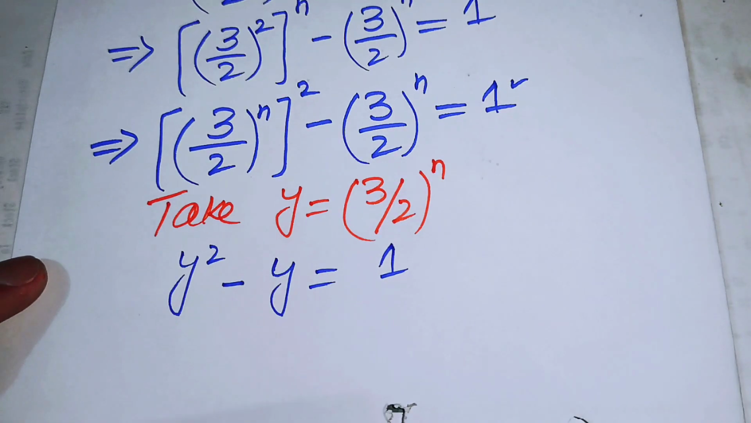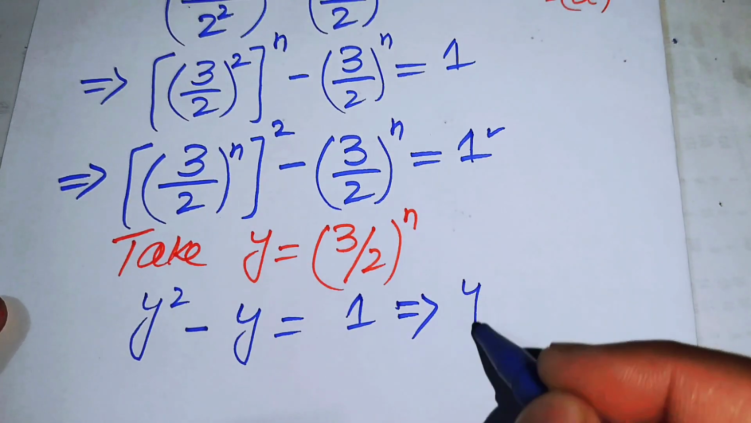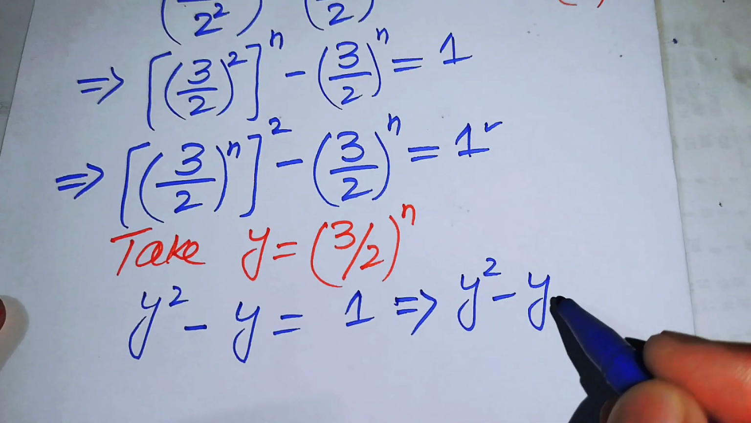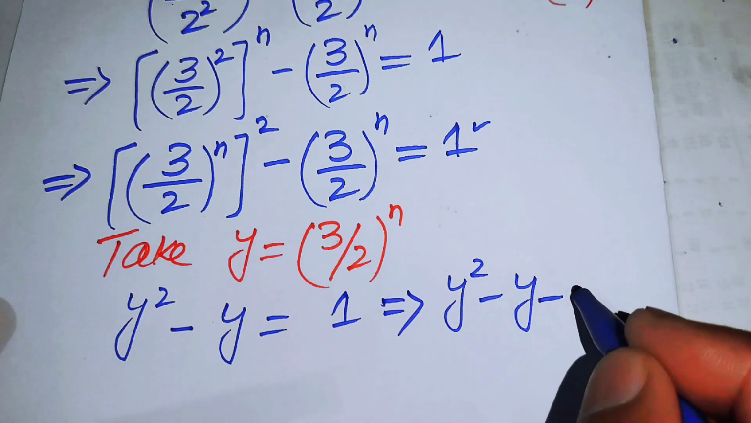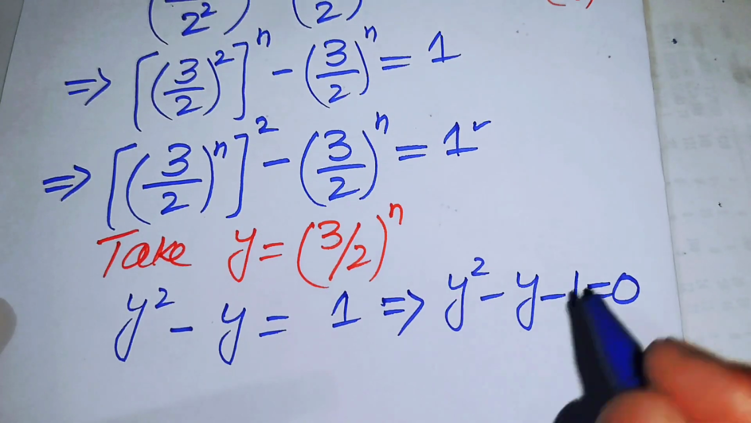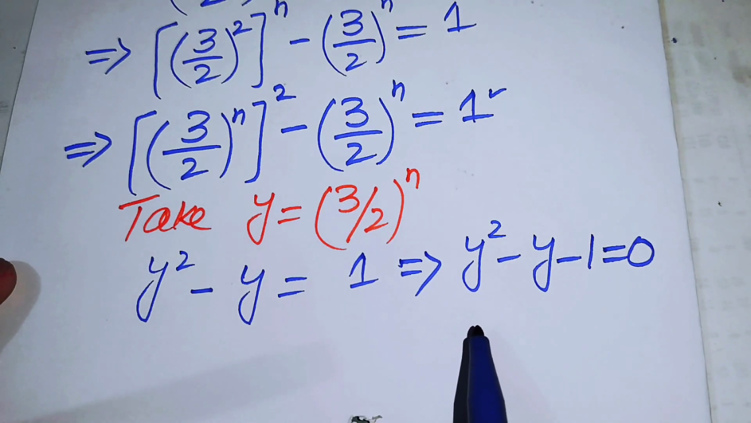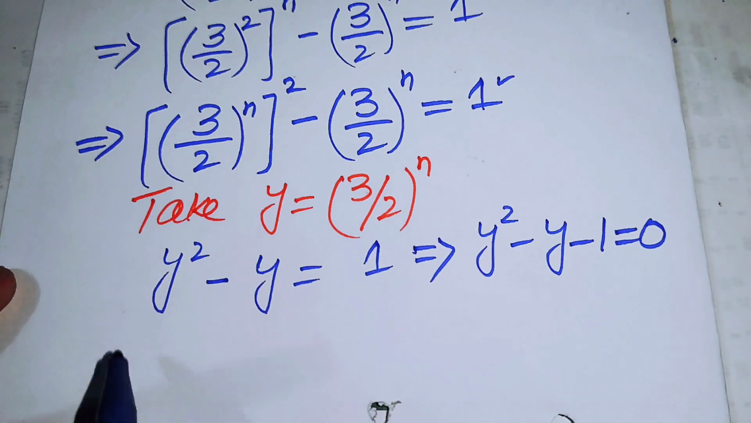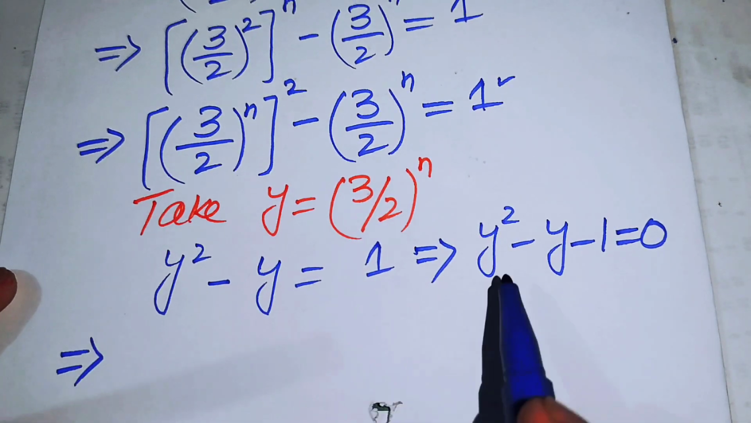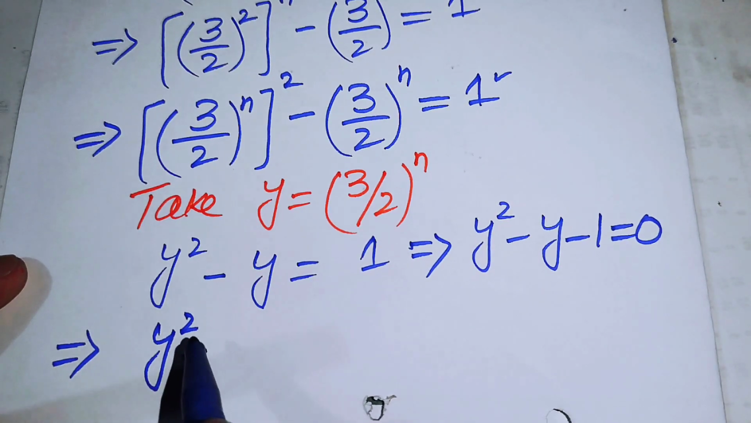After that we will rearrange the terms, and here you get y square minus y, we move this 1 to the left hand side and you get minus 1 is equal to 0. So this is the quadratic equation, and now we make the factors of this equation in order to find the roots of this equation. So the factors of this equation are y square